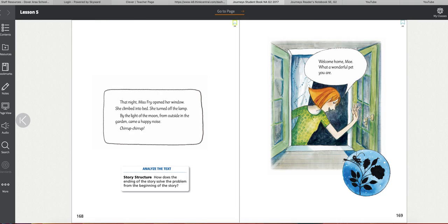That night, Miss Frye opened her window. She climbed into bed. She turned off the lamp. By the light of the moon, from outside in the garden came a happy noise. Chirrup, chirrup. "Welcome home, Mo. What a wonderful pet you are." So Miss Frye kept Mo the cricket after all and put him in the garden among the rainbow of roses. All right? All right. So that's our story, Teacher's Pets. I just wanted to read through